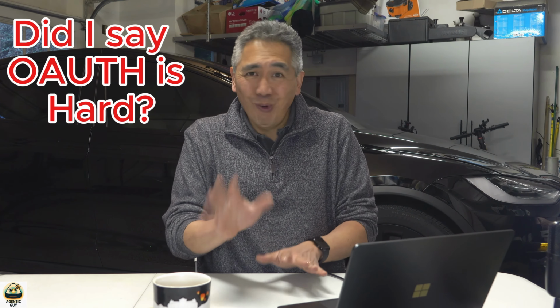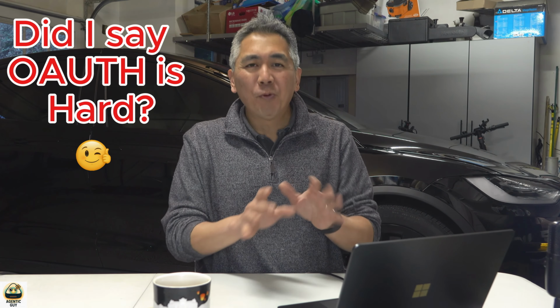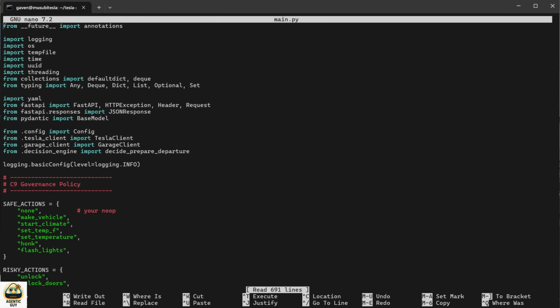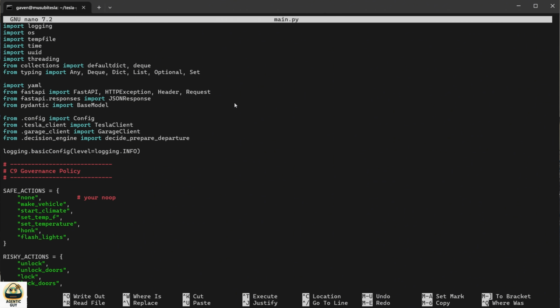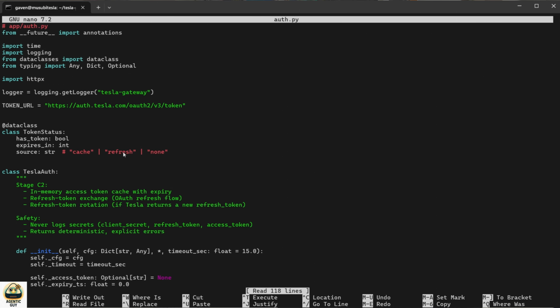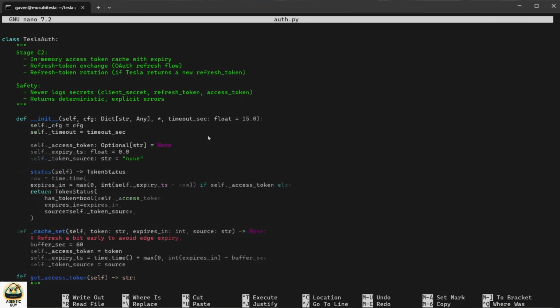Using the AI Musabi framework that I built, I was able to get this integration in place within about 4 days of focus time. The hardest part of all of this was auth. There are 3 main Python scripts that are driving this system: Main.py, which is the API script, auth.py, which handles OAuth, and Tesla client.py, which handles the intent and governance of the Tesla.